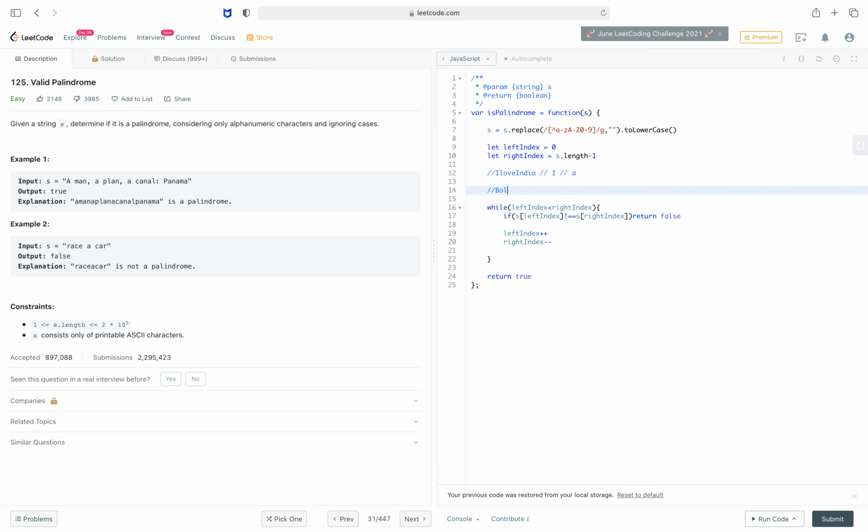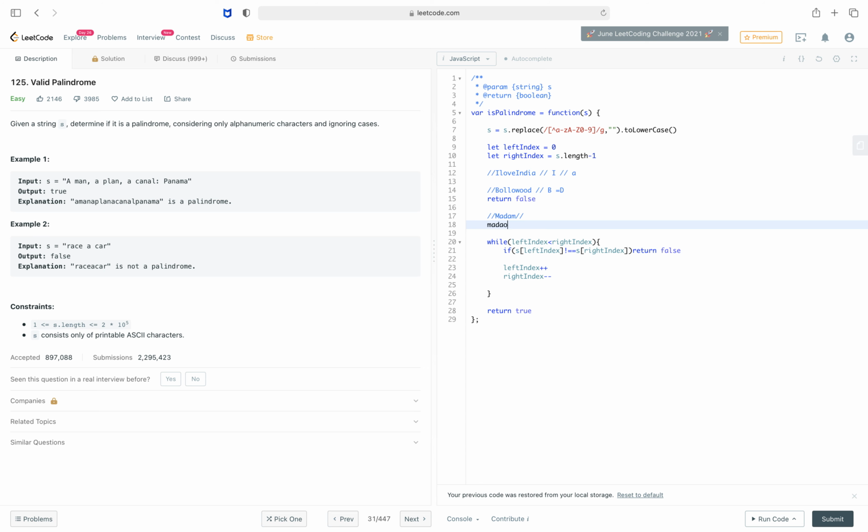Say Bollywood. It's going to compare the 0 element to the last element, B with D. B is not equal to D, return false. Let's compare another string, madam. I've already made the string lowercase.